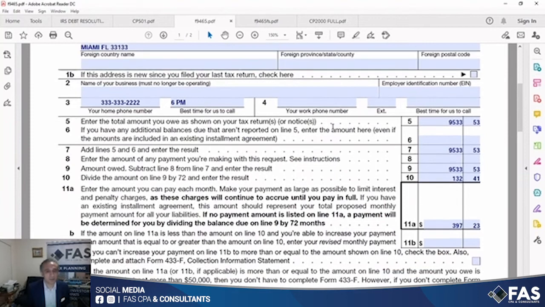In this particular example, I will cover that, as I said before, in the offer in compromise webinar in detail, going form by form, line by line, as we are doing here, exception by exception, rule by rule, and what has worked with previous clients,